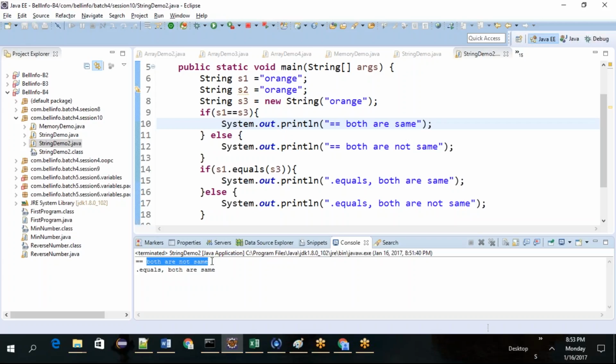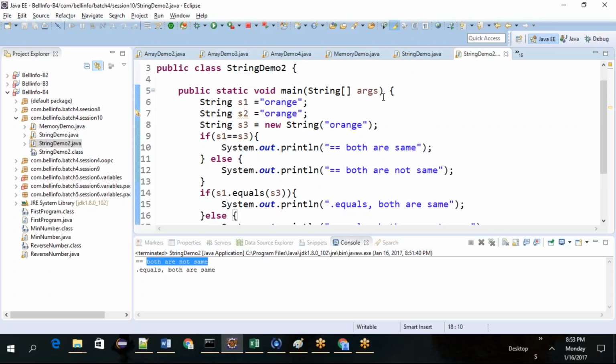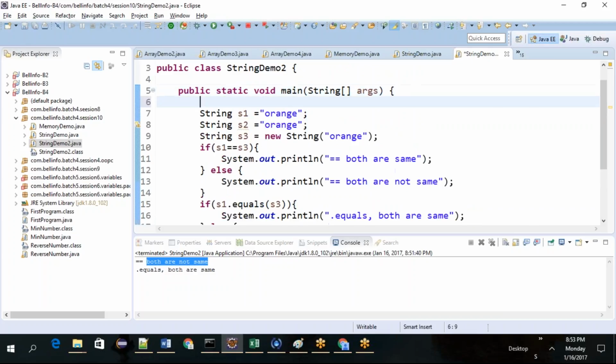There is another concept called string buffer. String buffers are mutable. So strings are immutable.